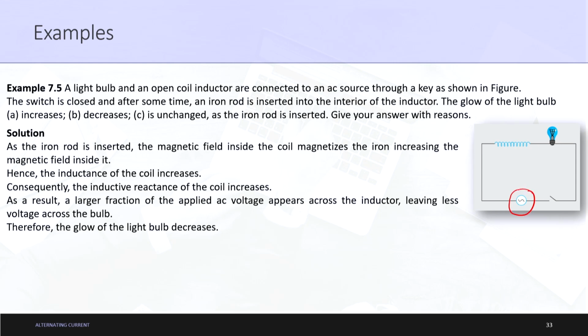You can see it is connected to an AC source through a key. What is the use of key? Basically a key is used to open or close the circuit. Okay. So, a light bulb and an open coil conductor are connected to an AC source through a key as